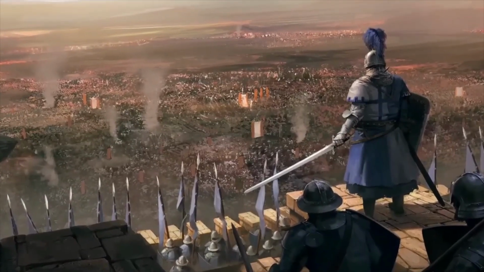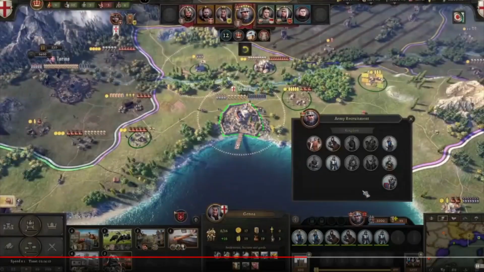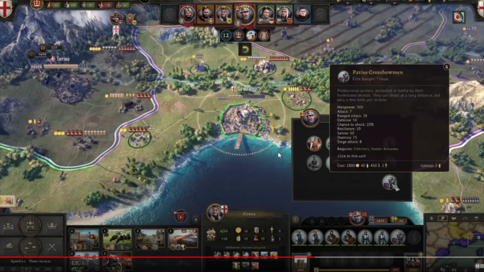It is time to recruit the continent's greatest army. So here, this is how we recruit armies. We are playing Genoa. You can see the flag here, this is Genoa's flag. Genoa was an Italian city-state, well, more than a city-state, it was a merchant republic located in the northwest